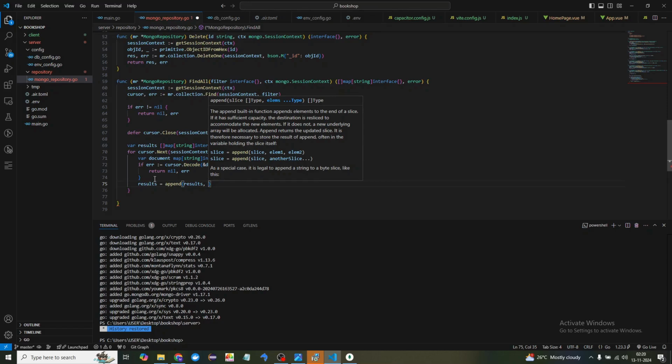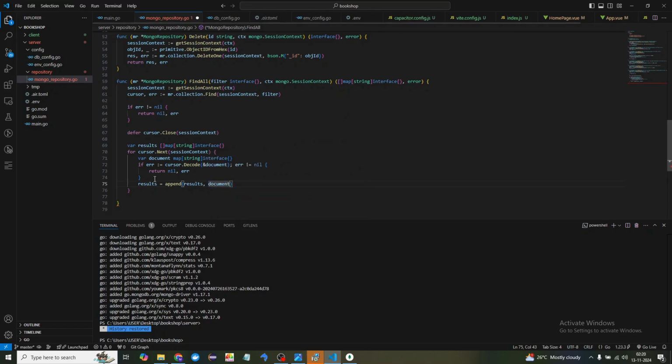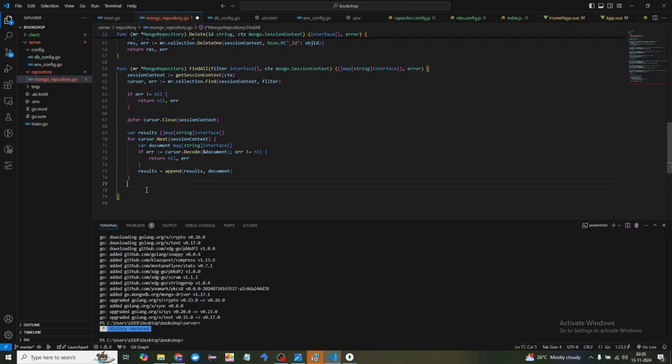So here what I'm going to put is document. All right, now finally, outside this for loop, I'm going to return results and then cursor dot error. All right,